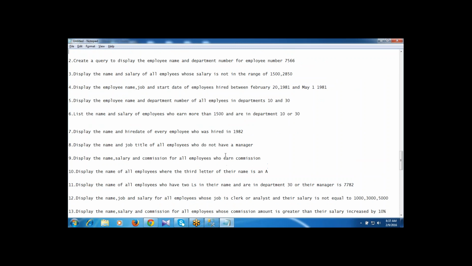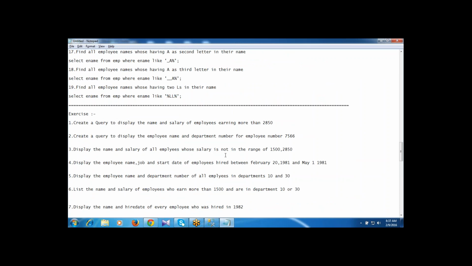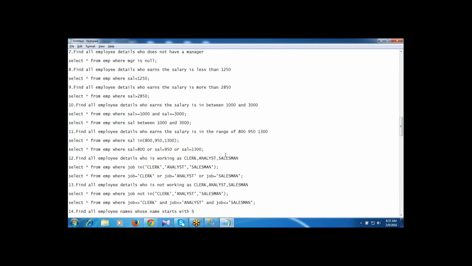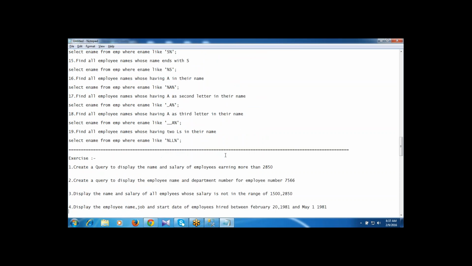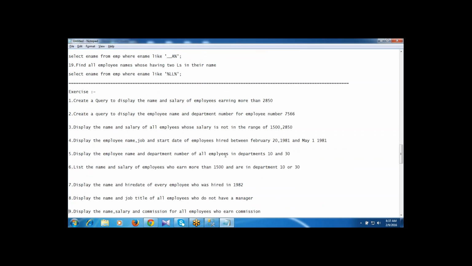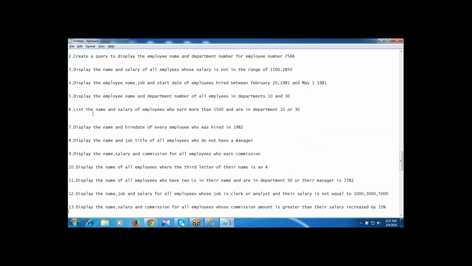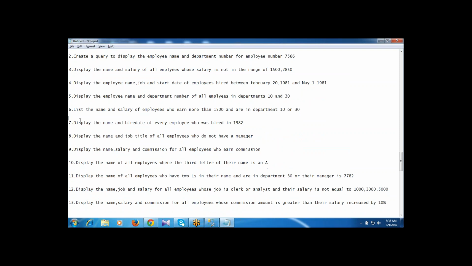Shruti, in SQL Server the functions are different: the string functions, date functions, and aggregate functions. Okay, please continue in this one. You already practiced this operators exercise, I know. Should I do these exercises again? Yeah, please. Okay, sure. And the functions list is different, so listen to the functions also, from now onwards.